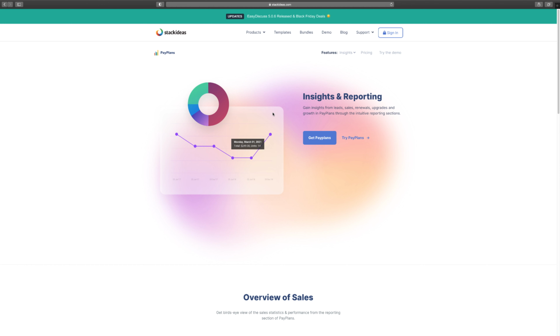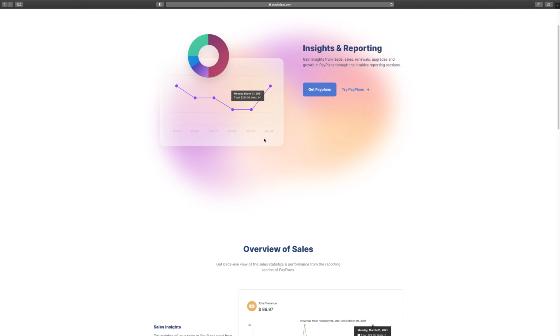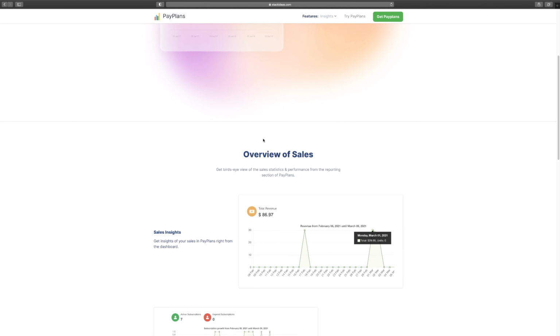The insights give you an idea for your reporting. Now, when you build a membership website, you're always going to have reports. Your reports are great because you get to see about your leads, your sales, the generation, so you know exactly how things are going. When you understand your sales, then you can tweak your marketing to say, okay,